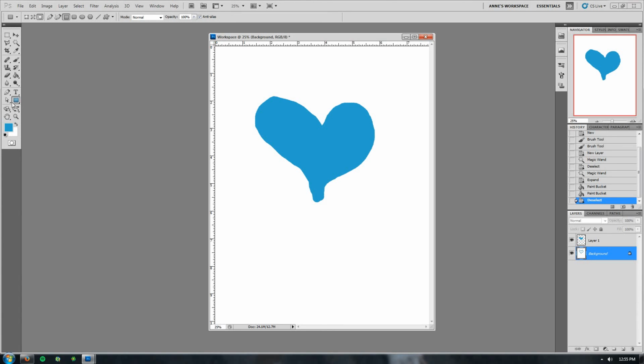Now yours probably is a rectangle. But if you click on it and hold, you'll see the dialog box come up, and there are all different shapes here. There's a rectangle, rounded rectangle, an ellipse, a polygon, a line. We're going for that custom shape tool because I want a heart, not a rectangle or a circle. So we're going to grab the custom shape tool down here, and up in our tool